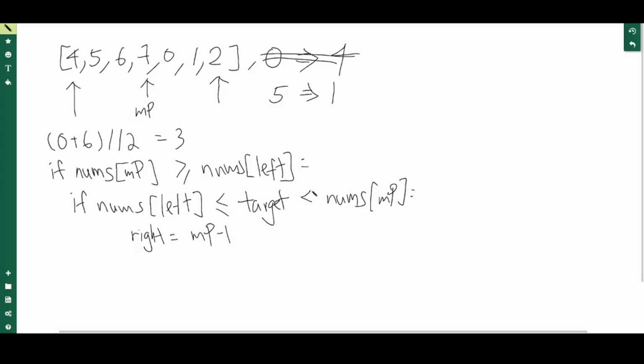This is strictly less than and not strictly less than or equal to. Because it's strictly less than, we know that target cannot be equal to MP. Therefore, we shift right equals MP minus 1. Else,